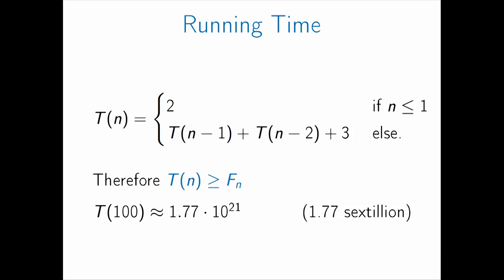Now, suppose we were running this program on a computer that executed 1 billion lines of code a second. It ran at 1 gigahertz. It would still take us about 56,000 years to complete this computation. Now, I don't have 56,000 years to wait for my computer to finish. You probably don't either. So this really is somehow not acceptable if we want to compute Fibonacci numbers of any reasonable size. So what we'd really like is a better algorithm, and we'll get to that next lecture. But first, we should talk a little bit about why this algorithm is so slow.